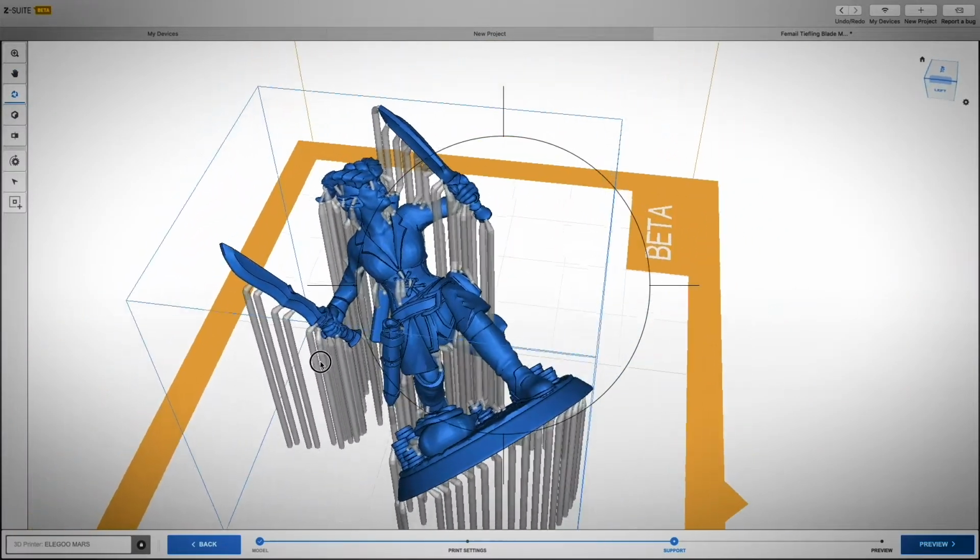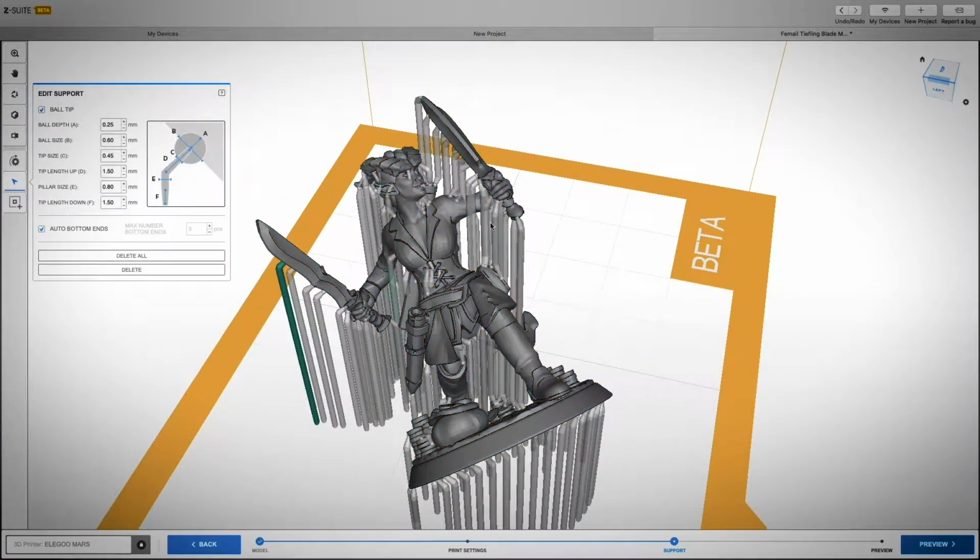There's not a ton that's really necessary on the front of it, but there are a bunch of things still that would be very problematic with this particular figure. Now, Z Suite, the software, doesn't know that this is a figure. It doesn't know this is a face. It is literally just looking at geometry, so we can't fault the software for what it's doing. It's giving us an optimal solution based on its calculation. So the eyes here is kind of a non-starter, and the arm is less than ideal,